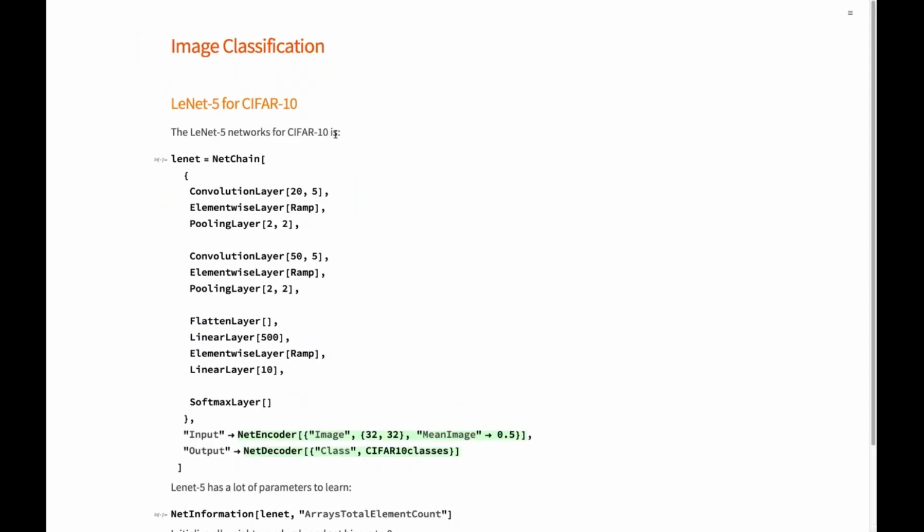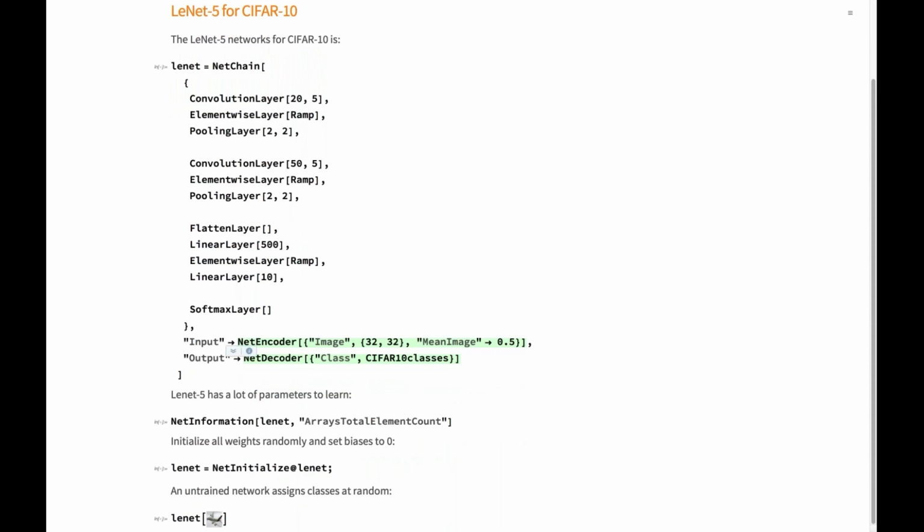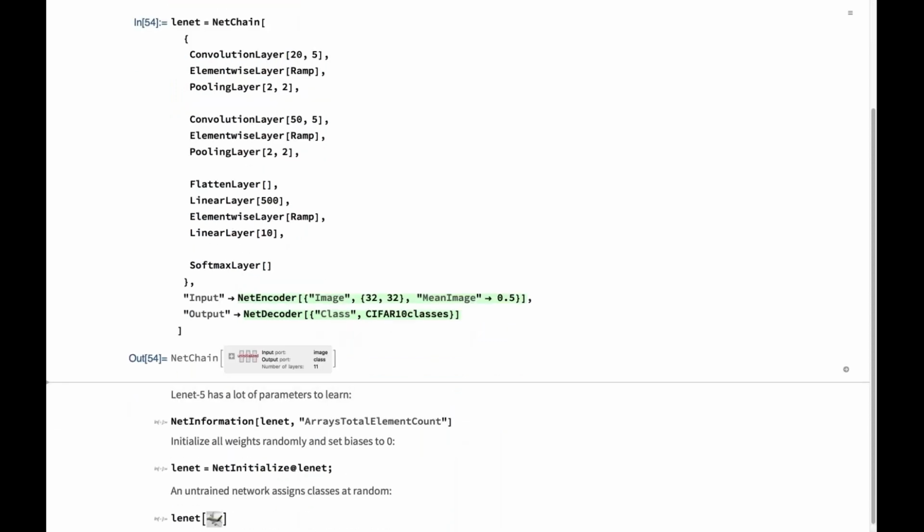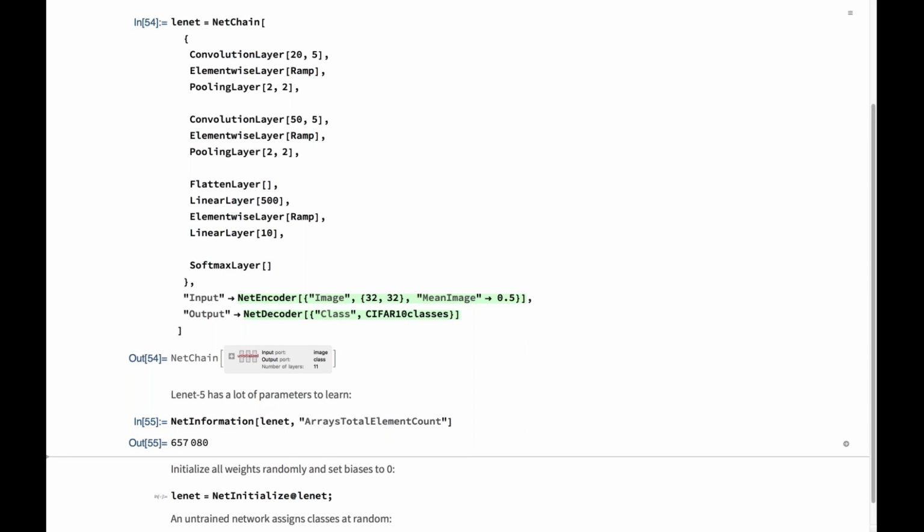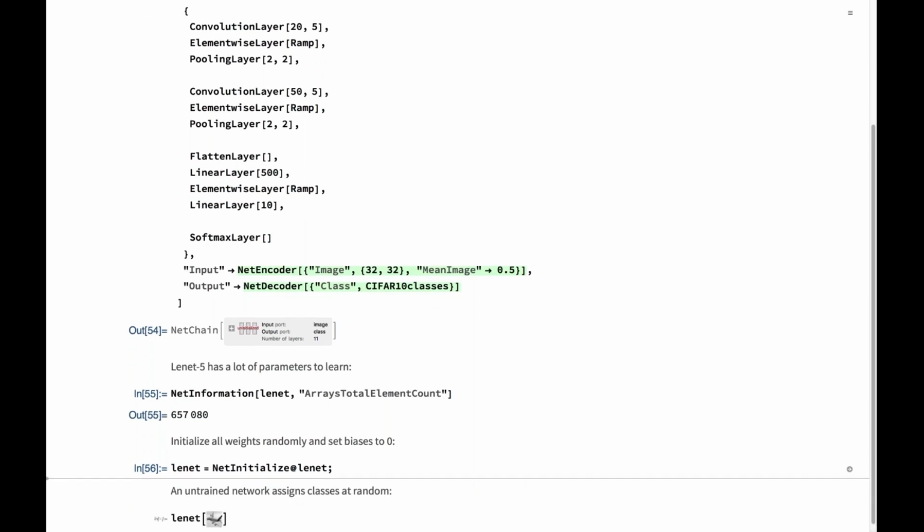Then the net, okay, this is a network, so this is the encoder decoder. Now let's quickly analyze this network. For example, I can call up net information and ask for how many learnable parameters there are in this network. And it's quite impressive that basically what you do when you learn a network, you do fitting, and you have to fit here 650,000 parameters roughly. If I haven't learned them yet, I have to initialize a network to just provide random values.